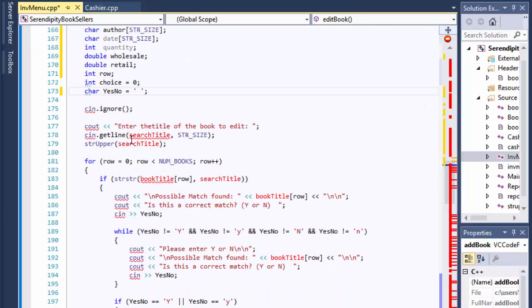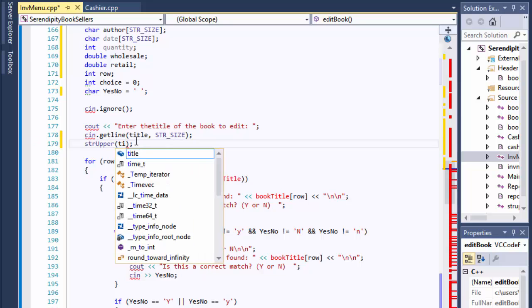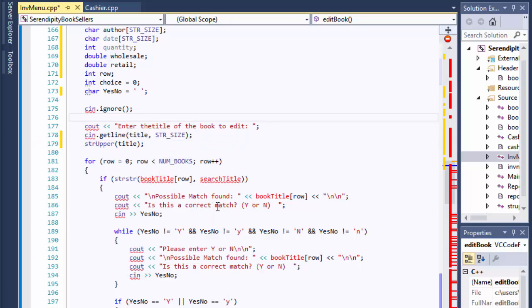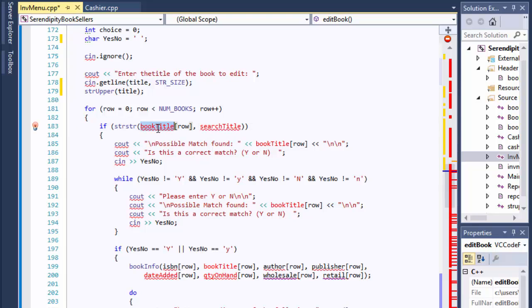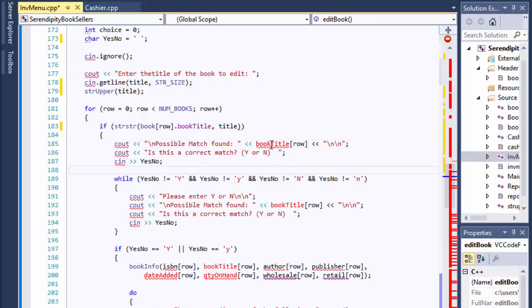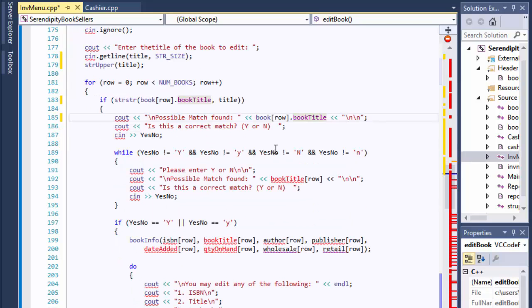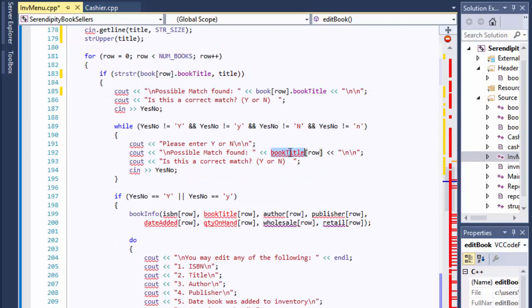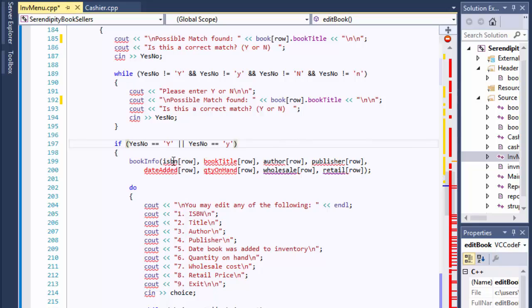So first, we have the title that we are searching for, convert it to uppercase, and then we go into our loop that stays the same, but our book title row now will obviously be our book row dot book title. And if that matches or equals the title that we are searching for, then we have a possible match. So now again, I just have to come over here and change this to a structure instead of just an array. So it's going to be book row dot book title. And if this is the match,